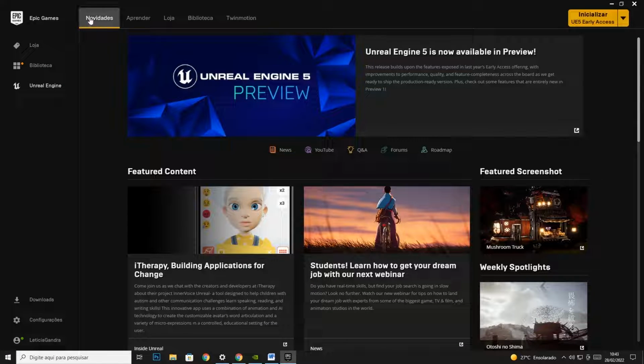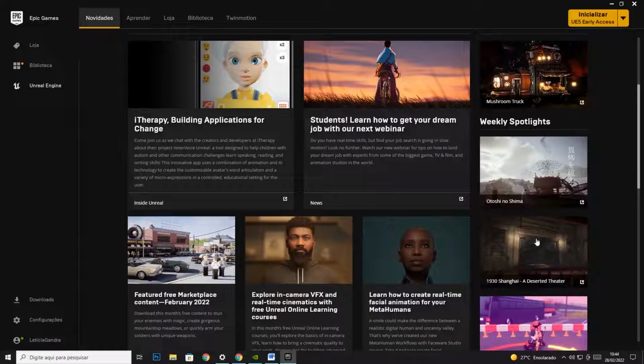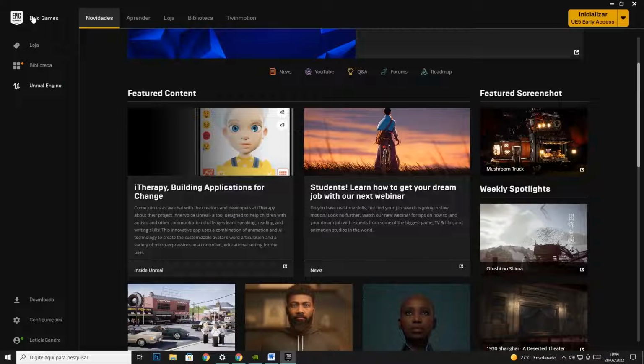How about Epic Games? It's here in news, the homepage here. Okay, well, in this case, for example, today is the 28th of February. We have some things here about Unreal Engine 5 in the preview version that is available now, games and images. On the left side here, we have the menu. We have the store where you can buy games, software,